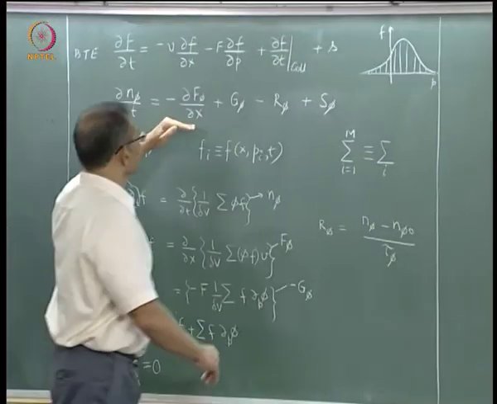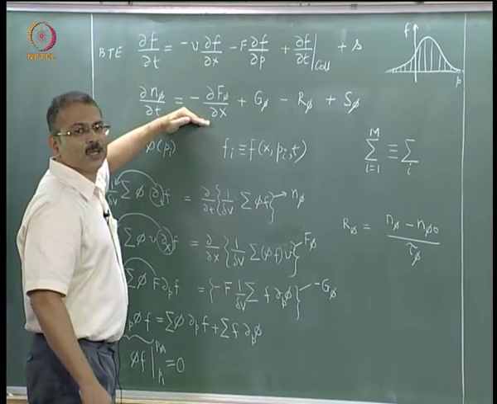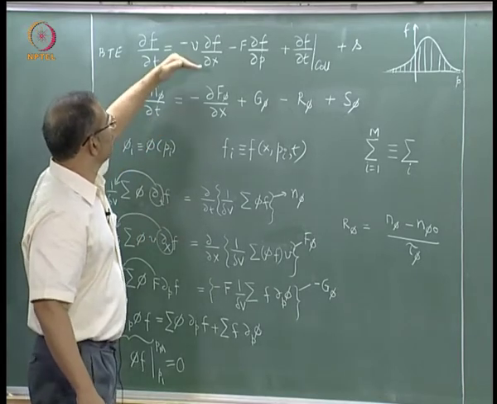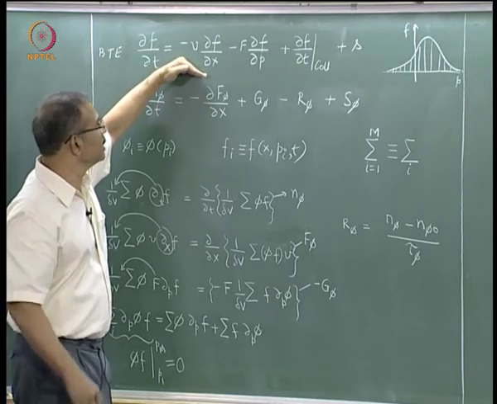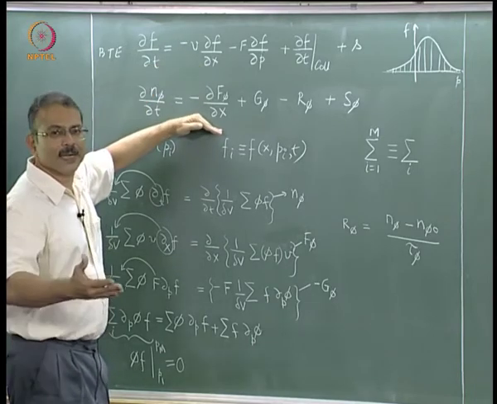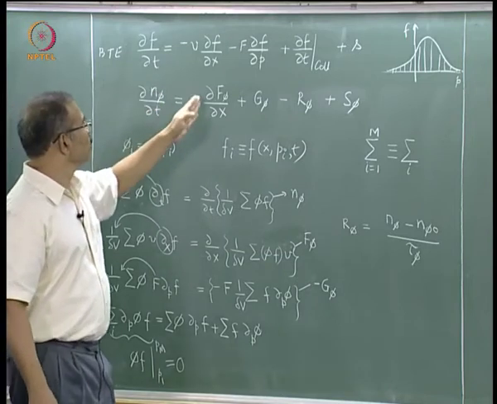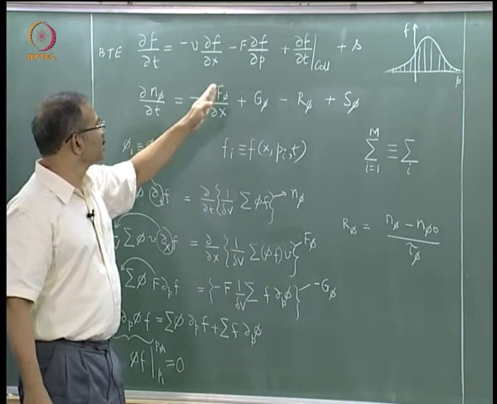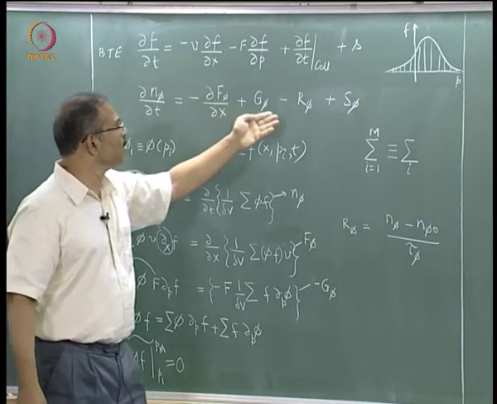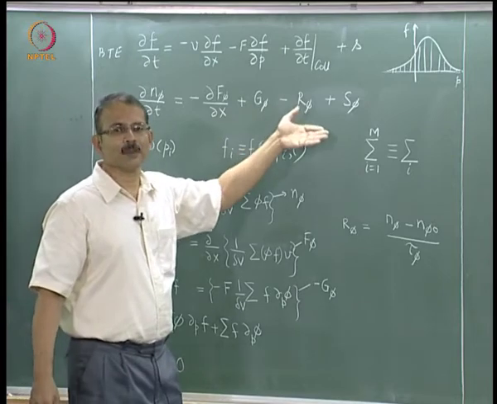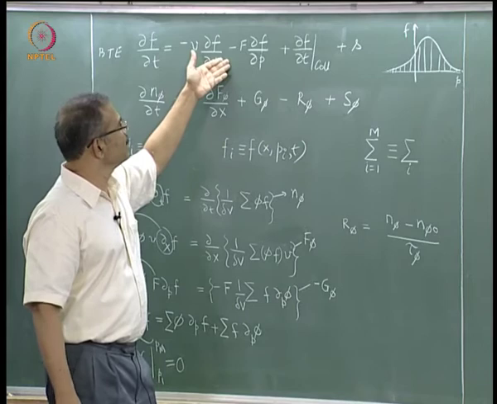you should recognize the similarity of the form of this equation to the hole continuity equation. Well, you have a time derivative of a quantity on the left hand side, you have negative of the spatial derivative of the flux of this quantity on the right hand side, and you have some source and sink terms. Now because in this equation you have